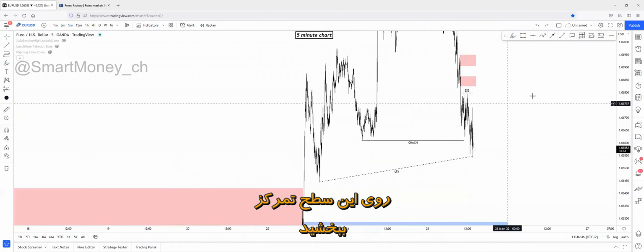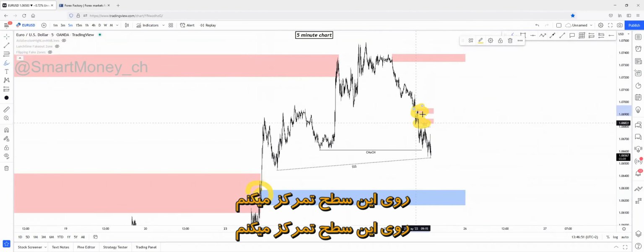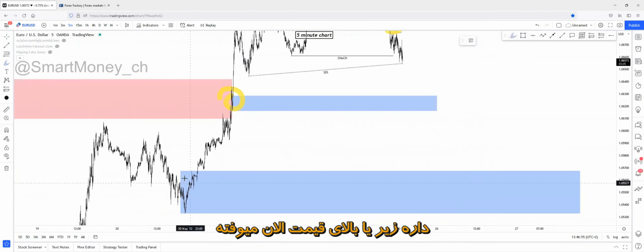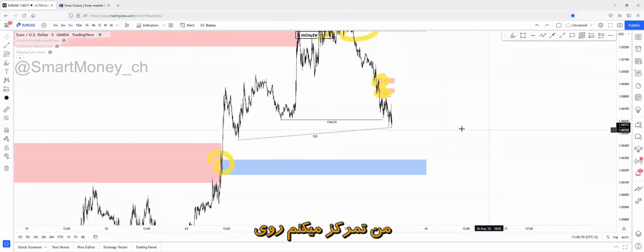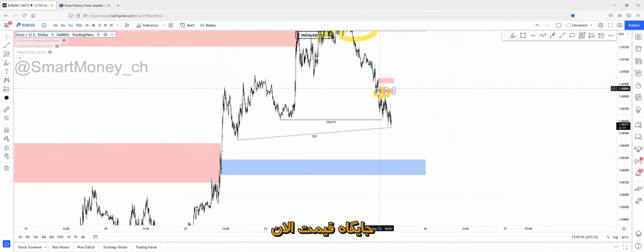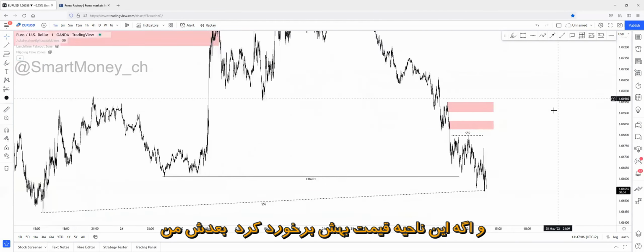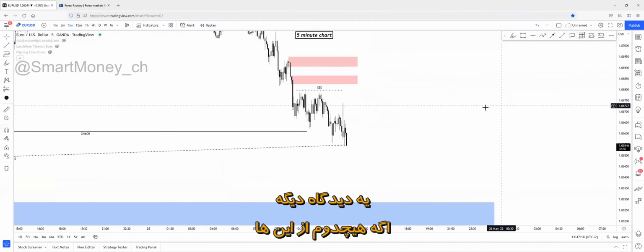So I'm only focusing on this zone and this zone and this zone. I don't care about what's happening below or above the current price action. I don't care about these deeper zones. I'm focusing on the current price action. I'm focusing on these zones that I can enter a position in. If this zone is being tapped, then I will enter a position. Sorry, one more narrative.